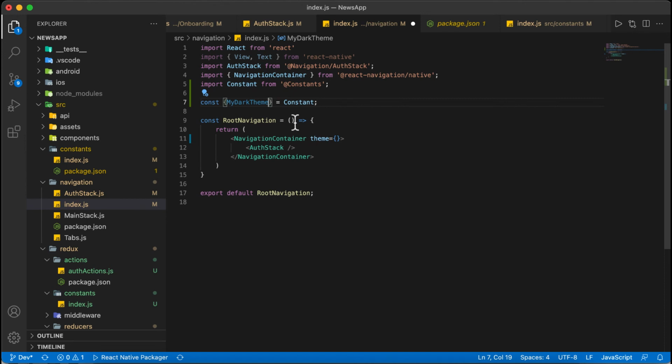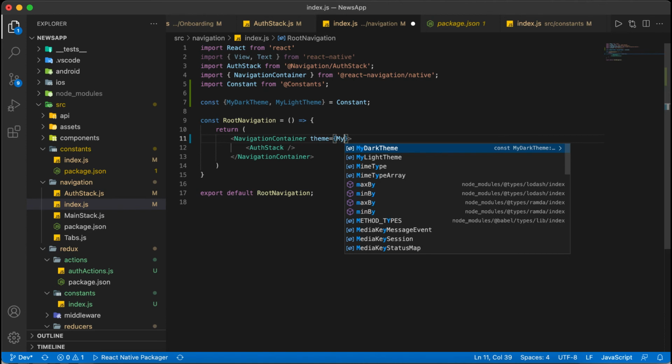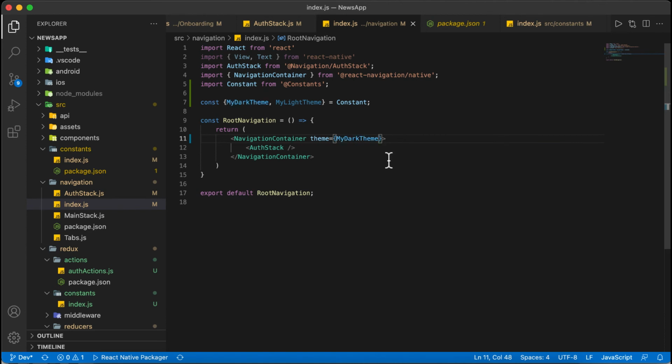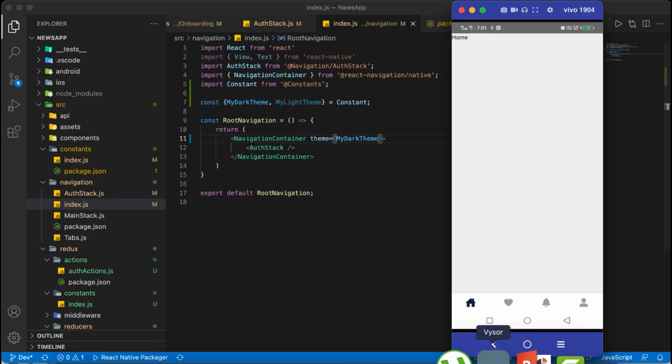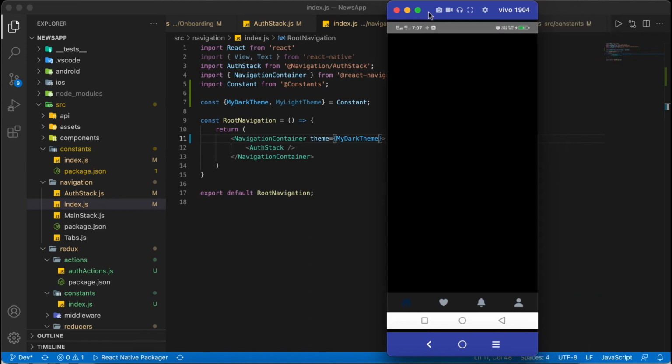If it is true, then we will display the dark theme, else we will display the light theme. For now we will check only the dark theme. Let's see how the colors look. So I click save, and you can see that my whole screen has become black.